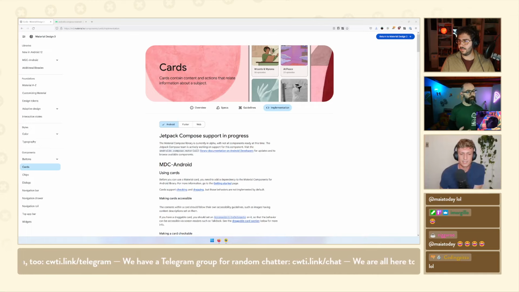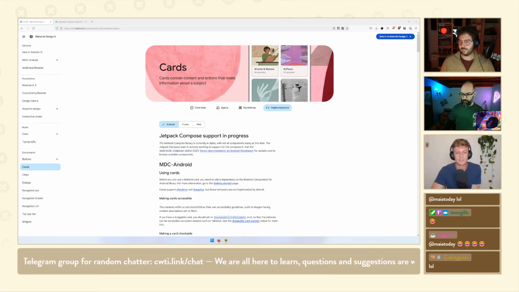What you'll notice, however, is that there's a bit of documentation here about the Views versions, but for Compose it delegates to the pages on developer.android.com. So that's what you can probably expect to see. Yeah.